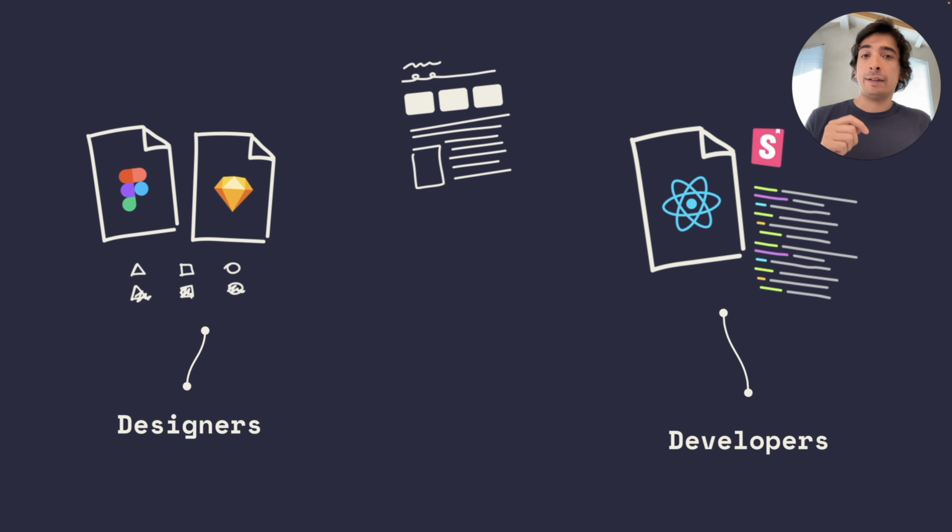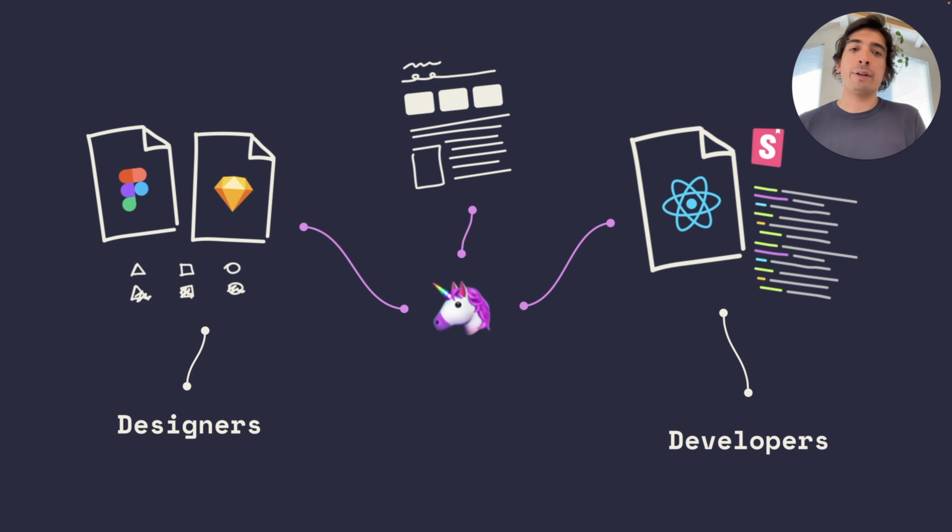Now, let's imagine this future where we have a separate design system entity, and it's shared across all of these sources. That would be the source of truth. We don't really know what that is, so I'm just going to put a unicorn in there for now. Notice that tools are not directly communicating with each other. They are talking to the unicorn, and the unicorn is the thing that keeps everything in sync.